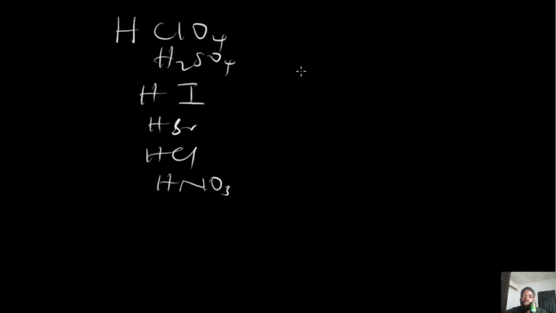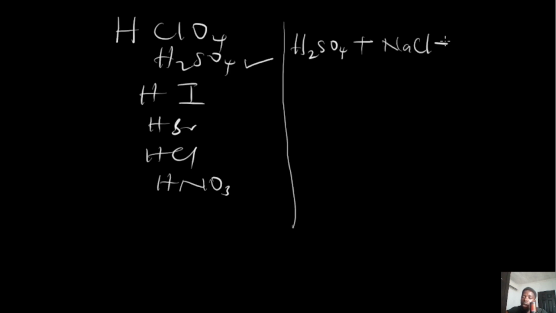Now, to produce an acid by double decomposition, you simply use a strong acid or a stronger acid and react it with a salt of a weaker acid. Once you do, you get the acid of the weaker salt. Let's say you have H2SO4 and you want to produce hydrochloric acid. Because H2SO4 is stronger than hydrochloric acid, you can use H2SO4 plus a salt of hydrochloric acid, which is sodium chloride. A double decomposition occurs. This would be exchanged and H will now collect Cl. So you're going to have HCl plus